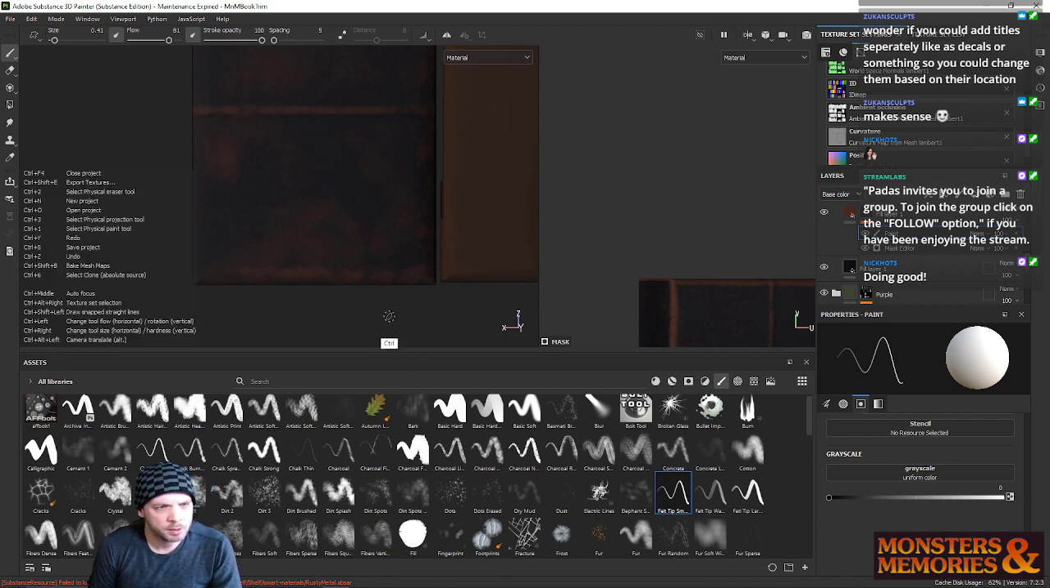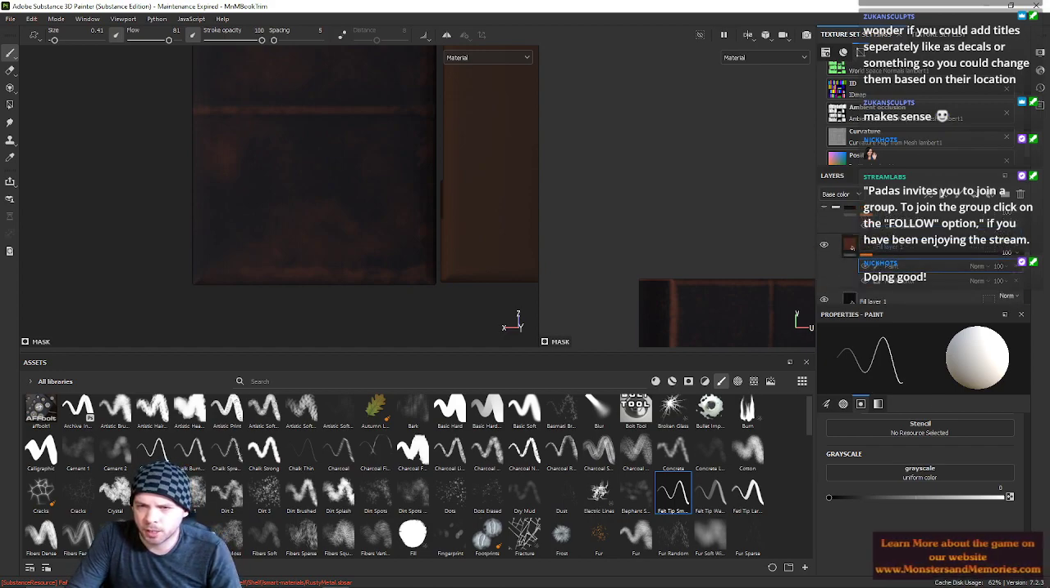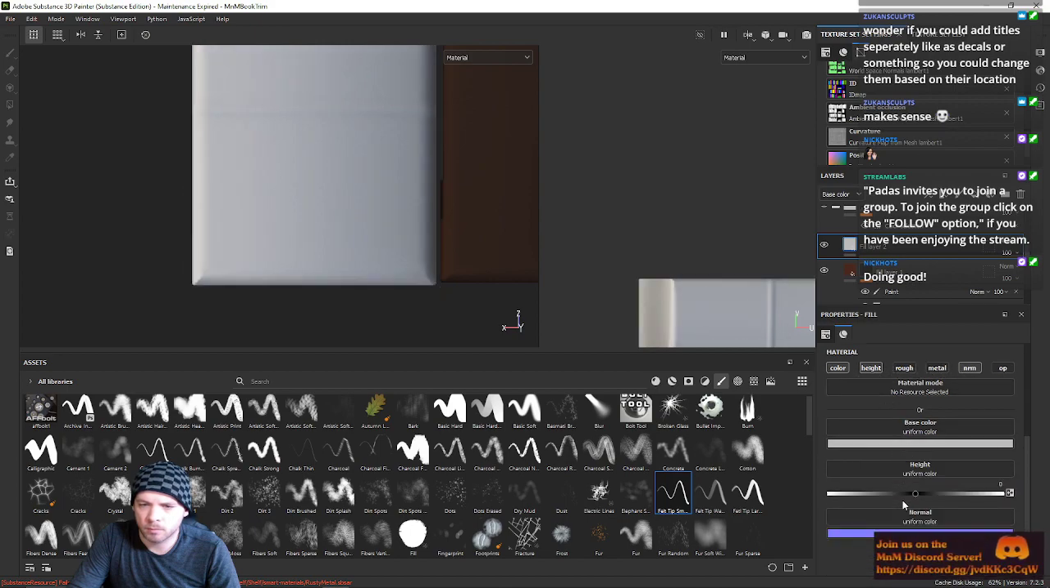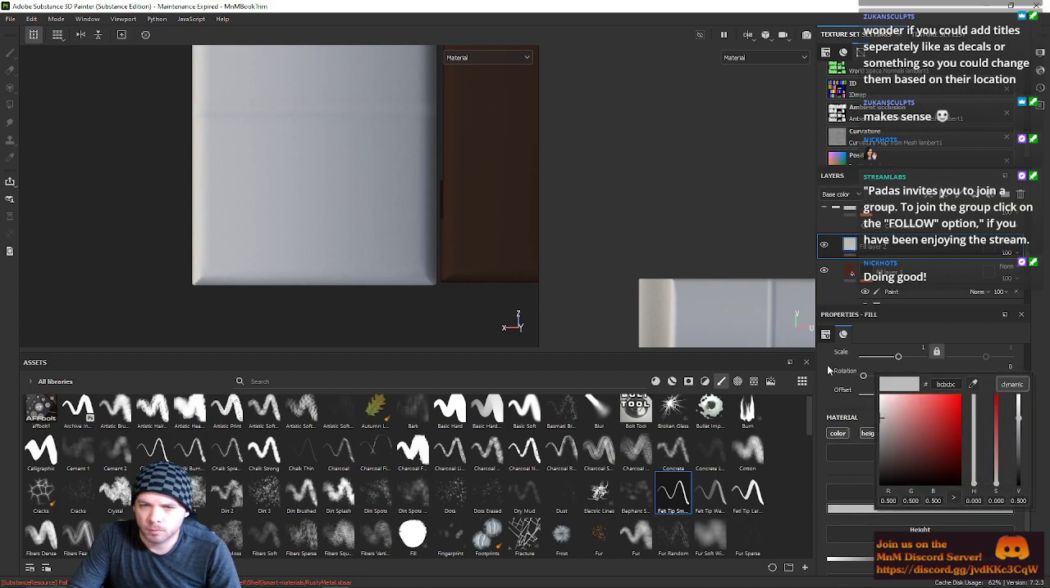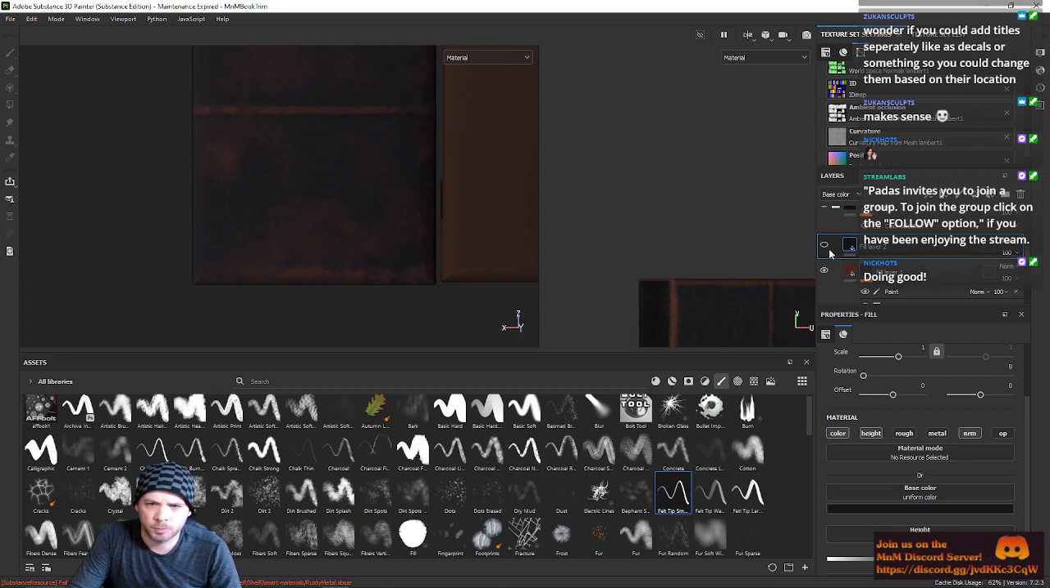Although, really? Hold on. I should be doing this particular detail as a separate layer. How do I want to do this? Okay. So now